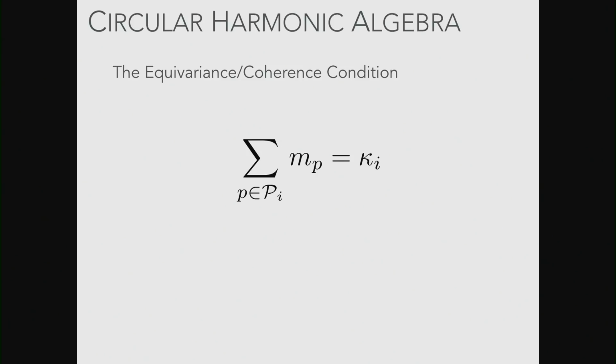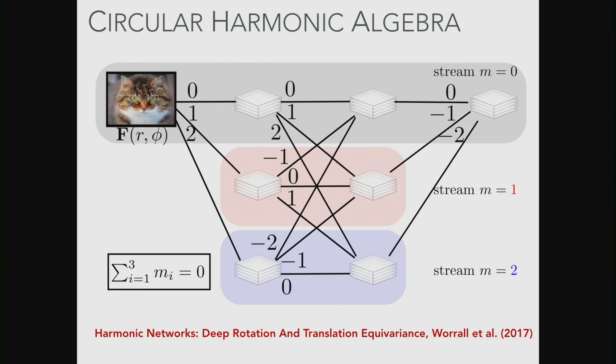So we came up with this equivariance condition, or coherence condition. Essentially, if you follow a set of convolutions at a single channel deep in my network, I've got to make sure that the sum along all the paths of convolutions is always the same. So if I go from my input to where I am, and the sum of all the convolution frequencies was 2, it should be 2 no matter which path I take. Otherwise, equivariance just breaks. It's probably one of the more complicated ideas. But basically, there's a constraint on the way we can connect these things up.